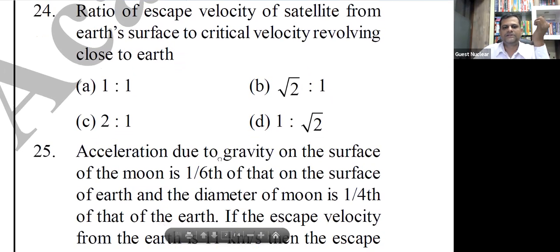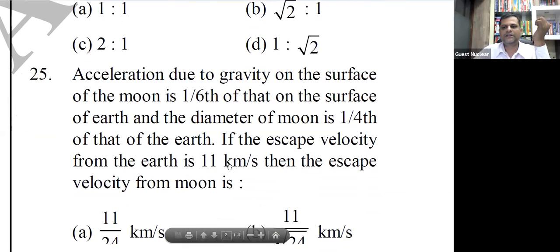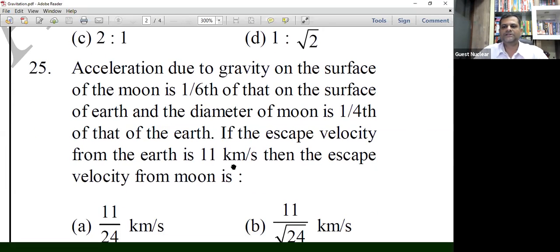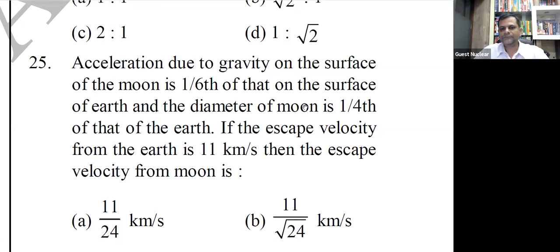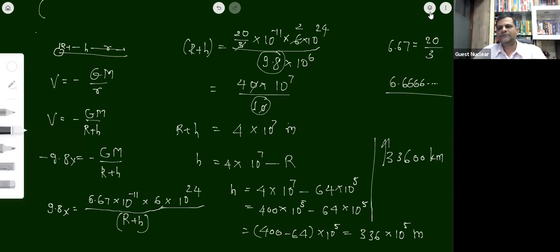Okay. Next is the acceleration due to gravity on the surface of Moon is 1/6 of that on the surface of Earth, and the diameter of moon is 1/4 of that of the earth. If escape velocity from the earth is 11 kilometer per second, then the escape velocity from the moon surface is, देखो ठीक से ग्रेविटी दिया हुआ है 1/6 और डायमीटर मून का दिया हुआ है 1/4. ओके, तो इससे हम क्या कर सकते हैं, देखो ठीक से